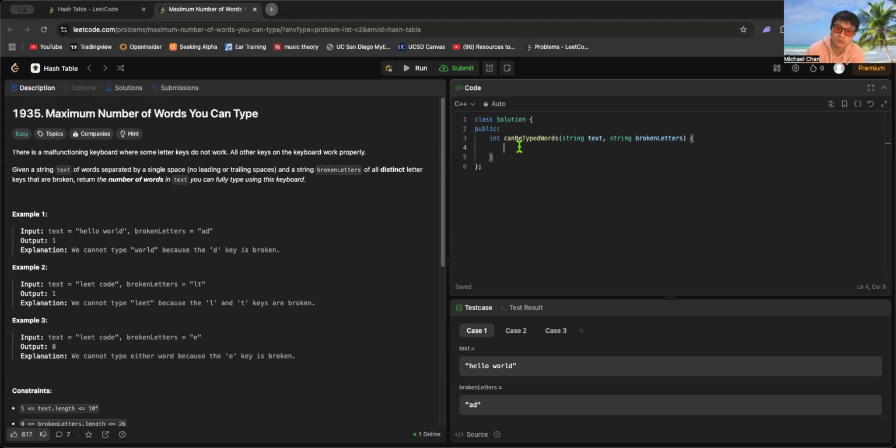I guess I can do string two, and then for sidebar text dot size plus plus i, and then